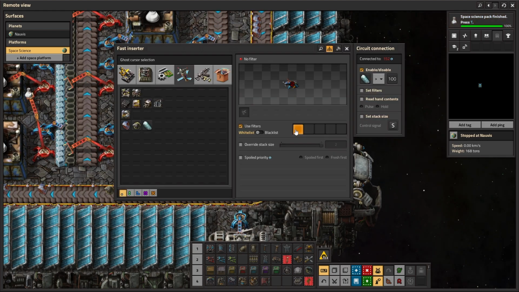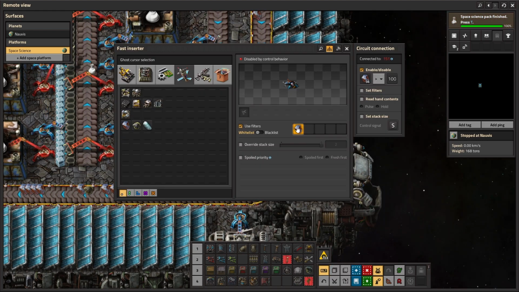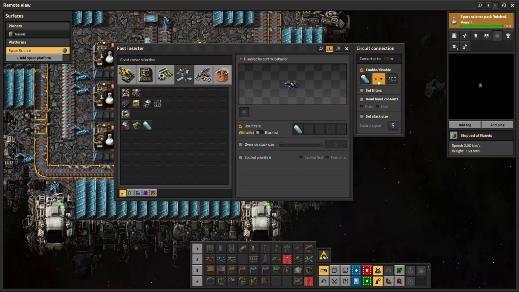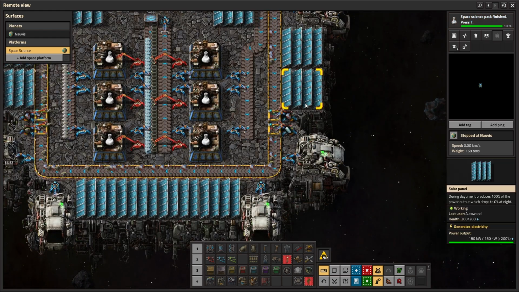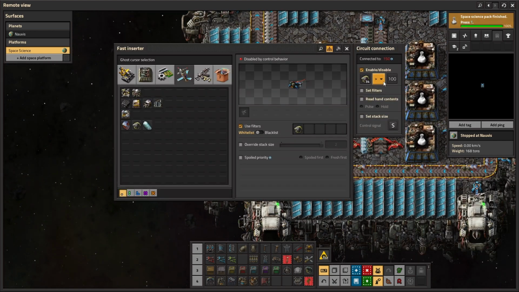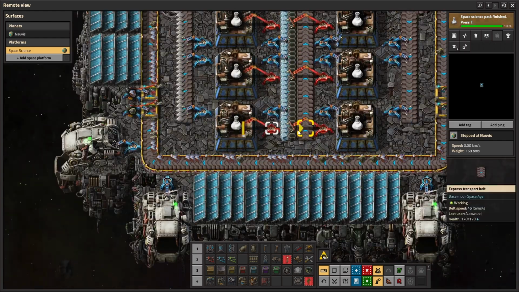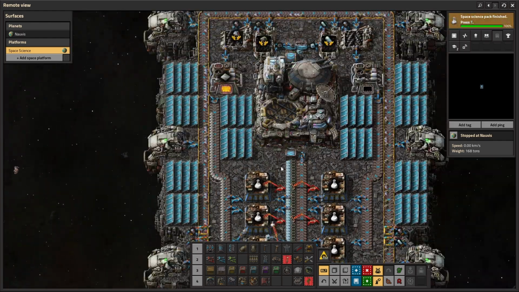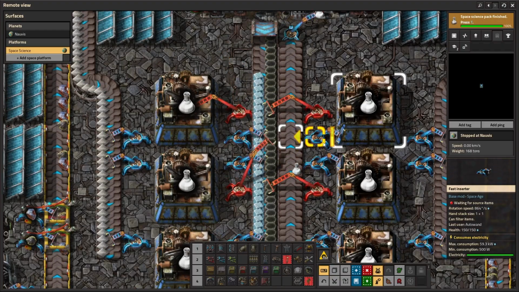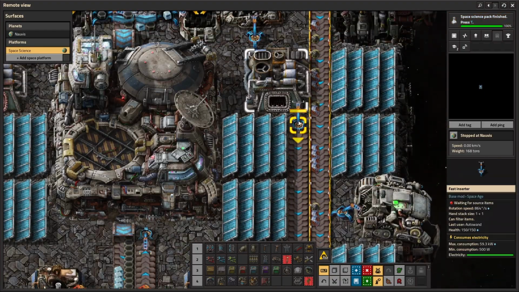And this needs to be filtered for ice, and that one is filtered for the metallic one. Okay, we just need to double check that this is greater than 100. Same with this: greater than, it is filtered, it's filtered, greater than 100. Okay, so now that will just chug along. As you can see, now we have ice piling up. Why are you not...